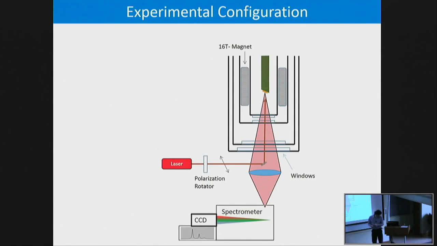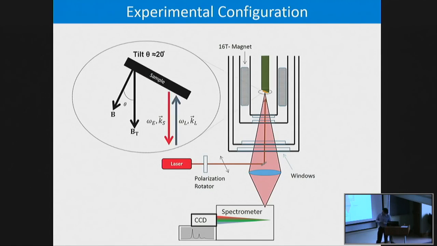The sample is given a slight tilt to avoid reflected light coming back in and destroying our signal, especially when we conduct light scattering experiments. One side effect of this non-zero tilt is that there is a non-zero in-plane magnetic field in all of our studies, and varying this tilt, which we've done in experiments